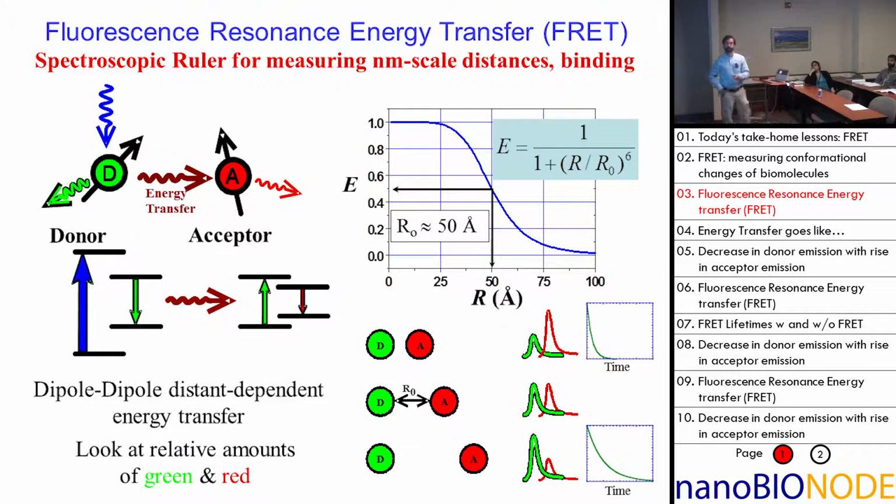Okay. And this is what you really need to understand. We did talk about it a little bit in the last lecture. Again, you have a green and a red. In general, the acceptor is a little bit red-shifted, and we'll understand exactly why that is. So you have a donor, which let's say emits in green. When you excite it in blue, it emits in green